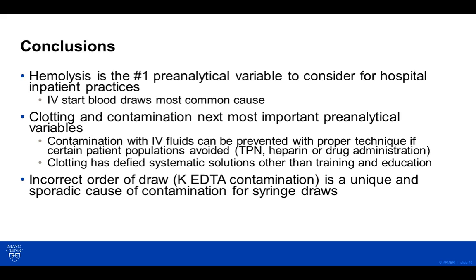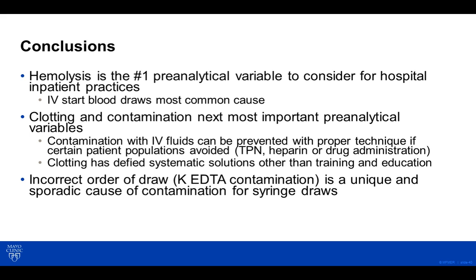All right, so we've gotten through pre-analytical variables. It was a big subject, but again, I narrowed it to the common causes of unacceptable specimens in inpatients, hospital patients. So we know hemolysis is the number one pre-analytical variable, and this will be true for inpatients and outpatients, but my talk focused on inpatients. We know that the most problematic pre-analytical variable